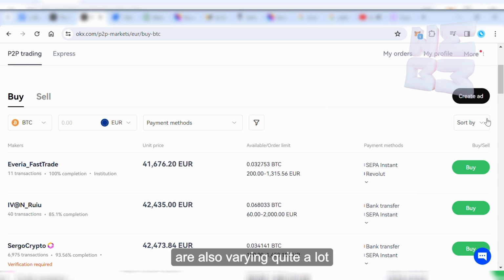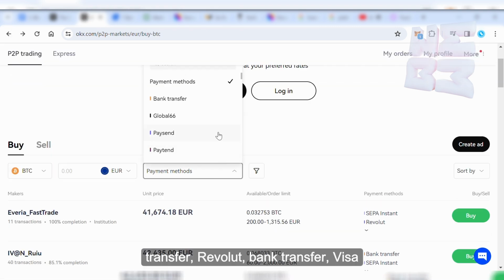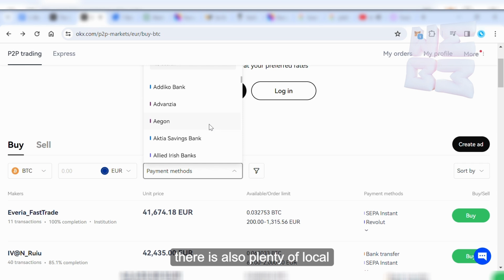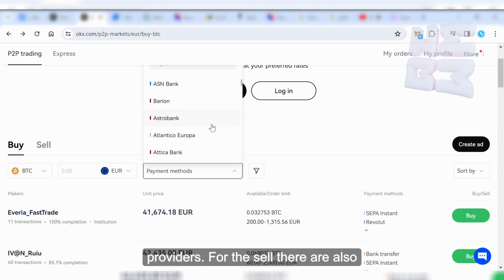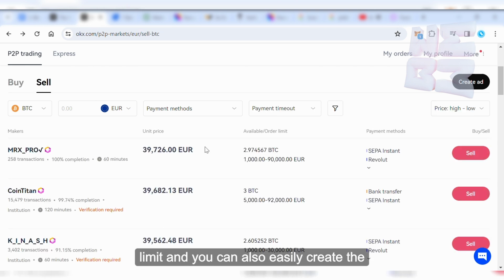Payment methods are also varying quite a lot, including the SEPA transfer, Revolut, bank transfer, Visa, and so on. As you can see, there is also plenty of local providers. For the sell, there are also the same options, and you can see also selection by the limit, and you can also easily create the ad here and trade with 0 fees.